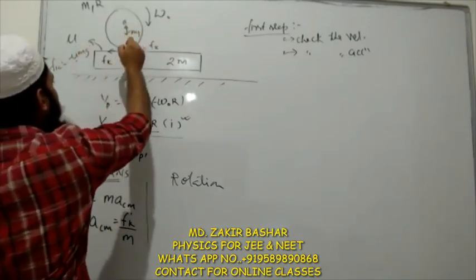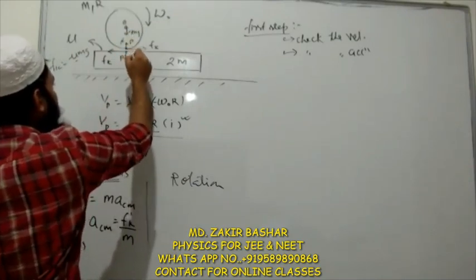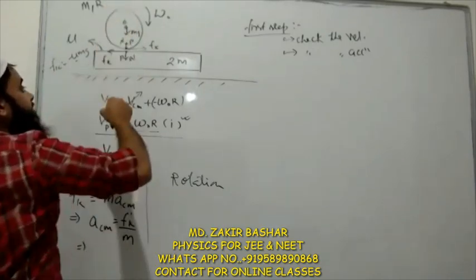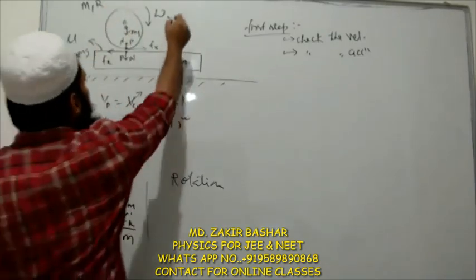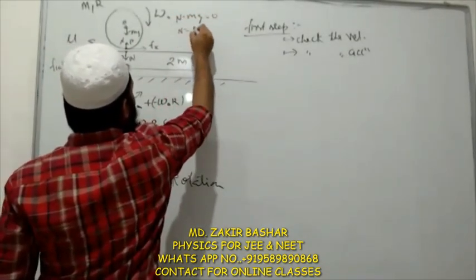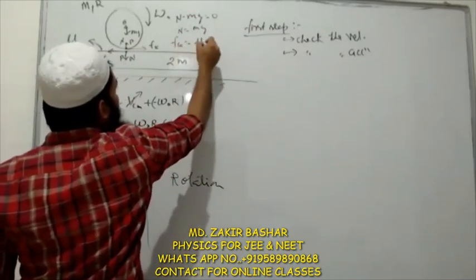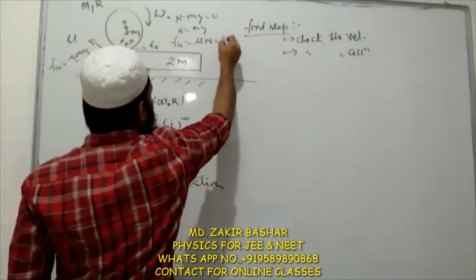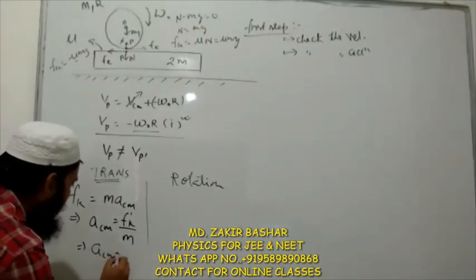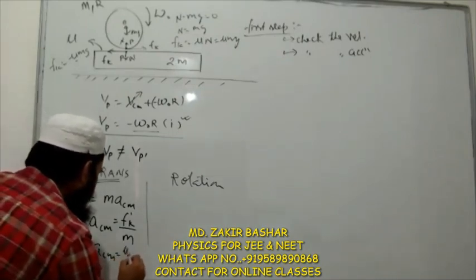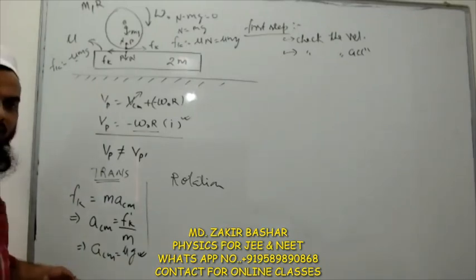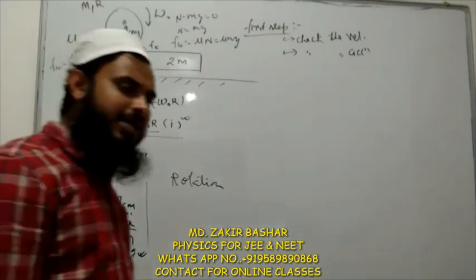Mg is in this direction, the normal force is in this direction, as action and reaction. And if you calculate, you will see the disk is in equilibrium in the y direction. So you can write N minus mg equals 0, so N equals mg, and from here Fk equals mu N, whose value is fixed, mu m g. So from here the acceleration of the center of mass will be mu g. Is it clear? Anybody having any problem? No problem till this step.